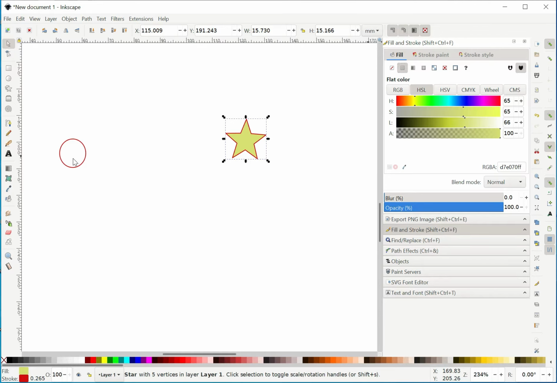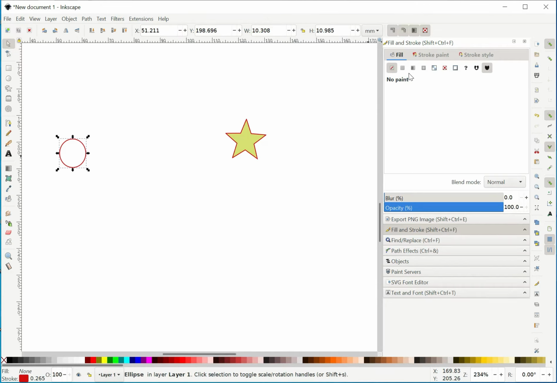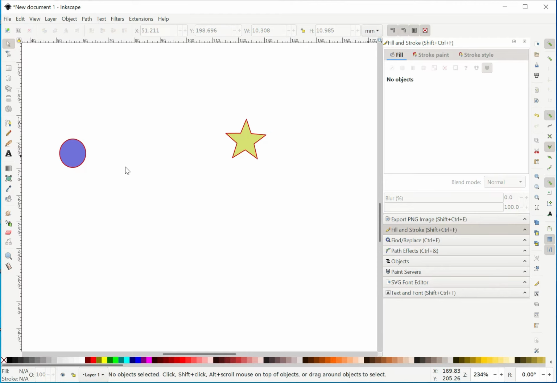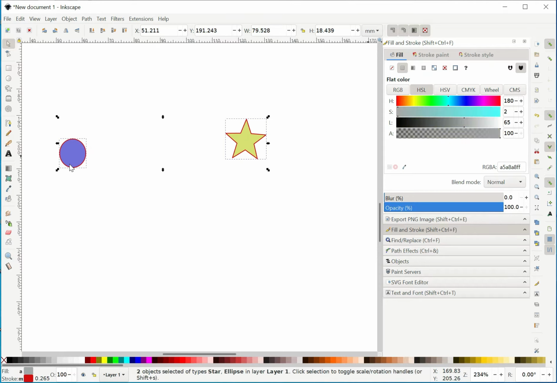And then I select this also and give it a color, maybe blue. Okay, now we select the tool and interpolate them. We have this, and then we have this, and shift to select both. Okay, now we want to